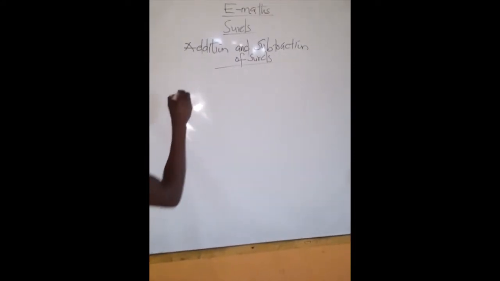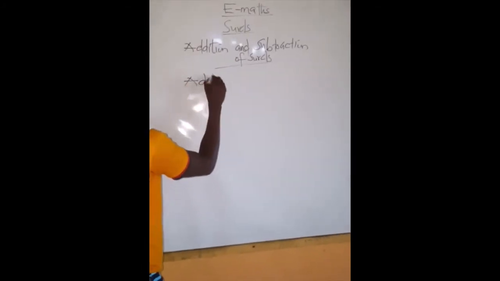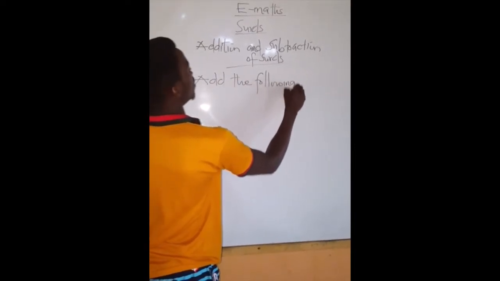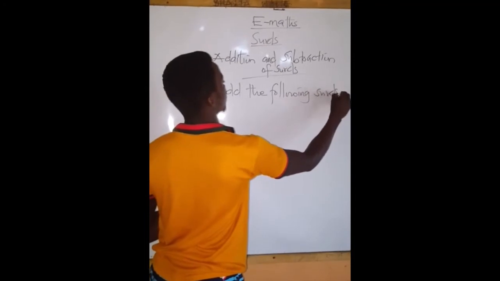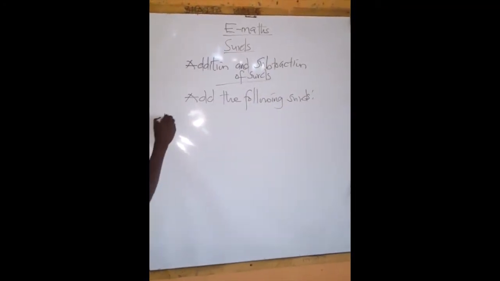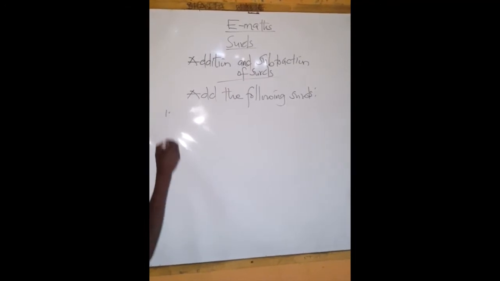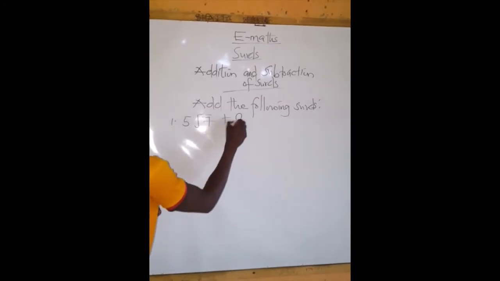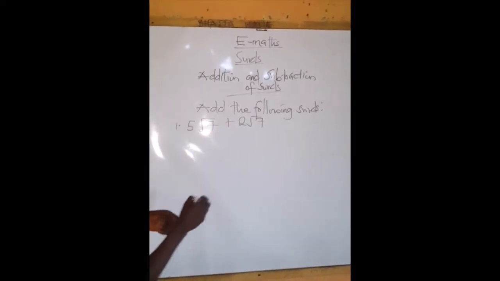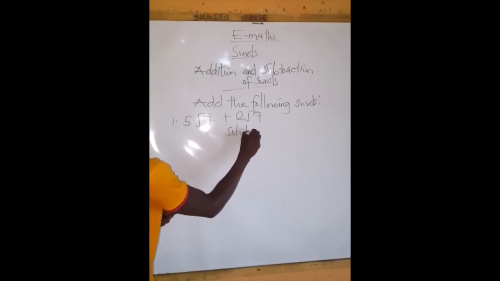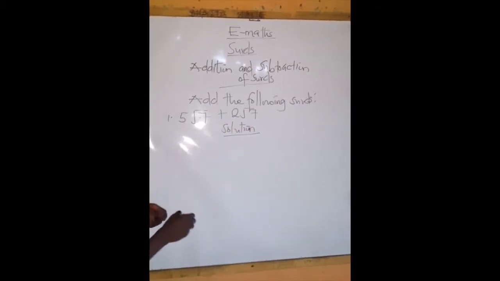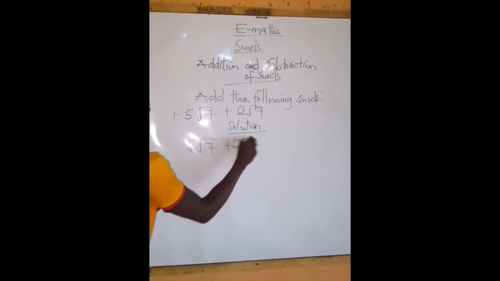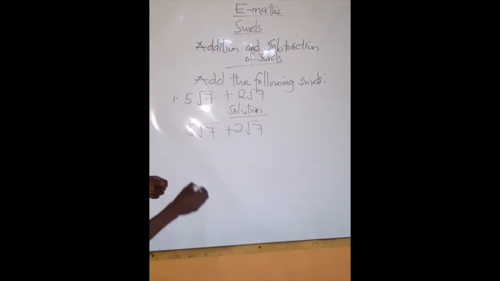So examples: add the following sets. Number 1 is going to be 5 root 7 plus 2 root 7. Okay, so solution. Now we can add 5 root 7 and 2 root 7, since they have the same number, which is 7